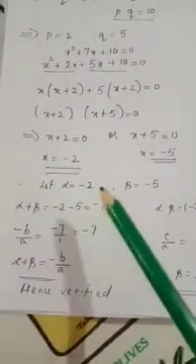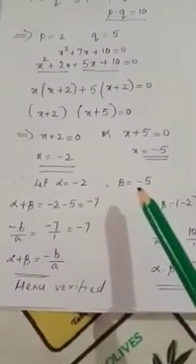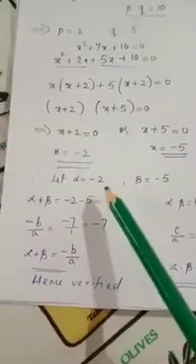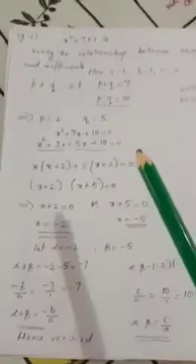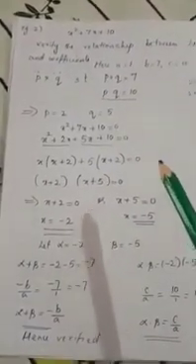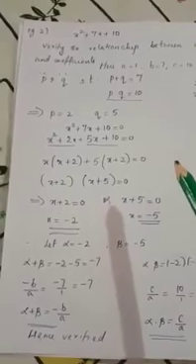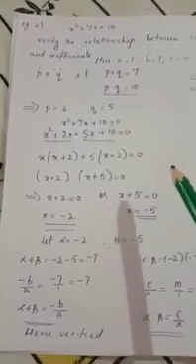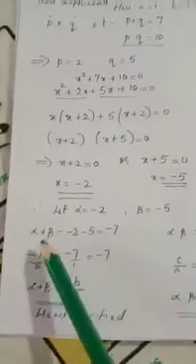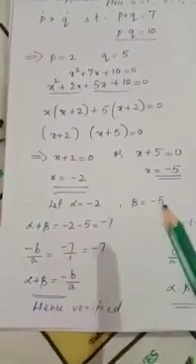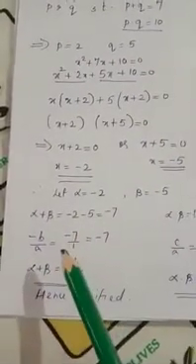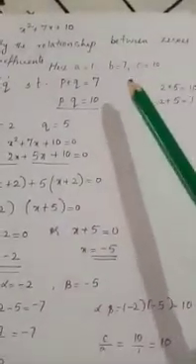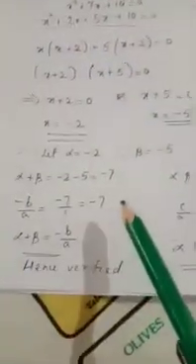So we can take one as alpha and the other as beta. Here I am taking alpha as minus 2 and beta as minus 5. Then we can verify the relationship between zeros and coefficients. For this, we have to check whether alpha plus beta is equal to minus b by a and alpha into beta is equal to c by a. Since the values of alpha and beta are minus 2 and minus 5 respectively, alpha plus beta is equal to minus 7, and minus b by a, the values are here, minus 7 by 1, which is equal to minus 7.